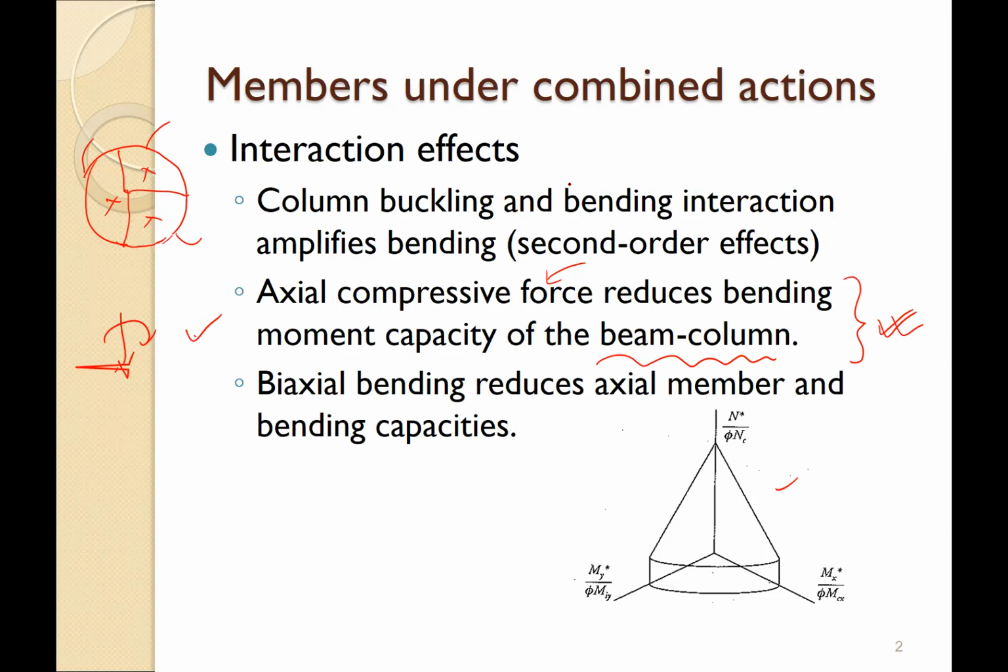Now let's look at the first one. First one, we are saying column buckling and bending interaction amplifies bending, and this is called the second order effect. What do you mean by that? Second order effect. Let's think of